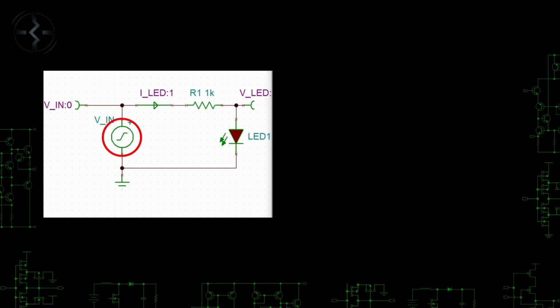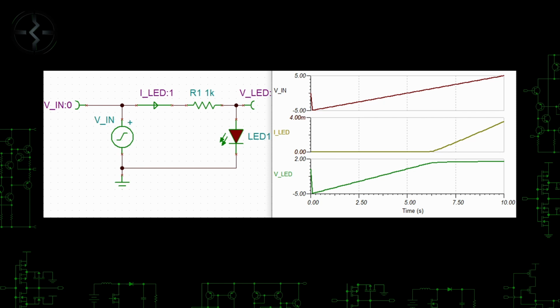The symbol indicates that this is a function generator and not just a DC voltage source. The Y-shaped symbols on either end of the circuit are just voltage measurement points. Reference to the ground symbol at the bottom. These three symbols are just references for the simulator and don't affect the circuit. The arrow in line with the resistor is a current meter, which acts like a wire and also does not affect the circuit. Running the simulation, you can see the input voltage, LED current, and LED voltage as they relate